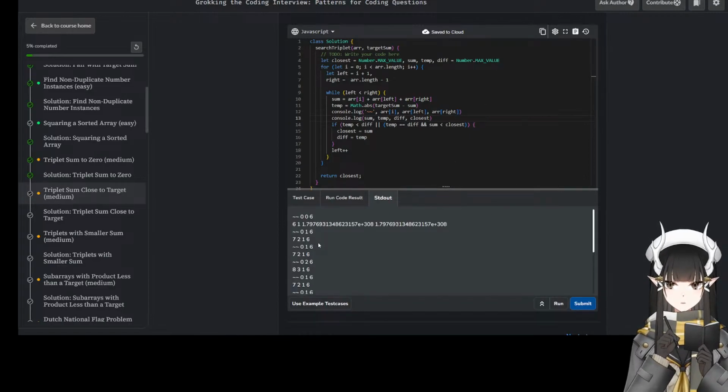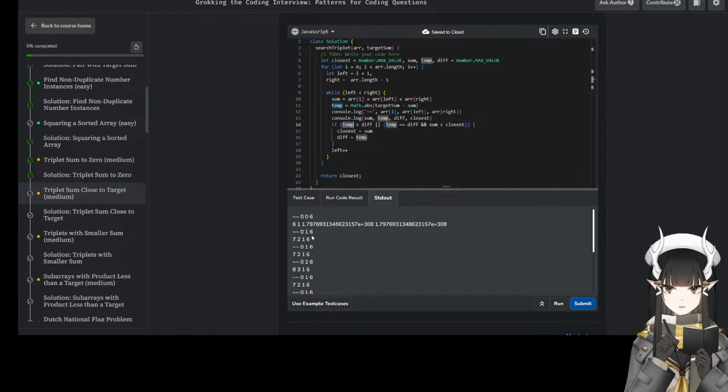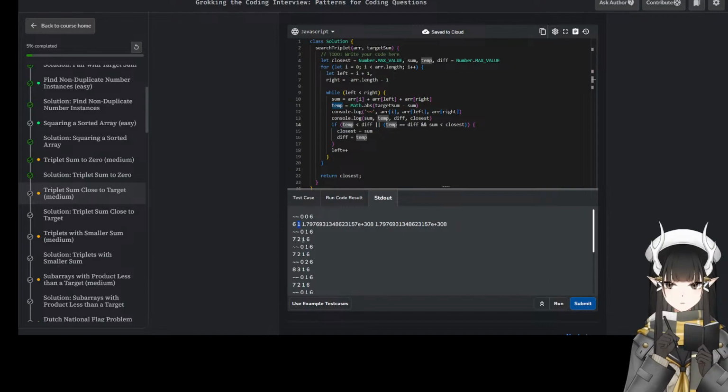Like, and diff. Oh, there's no diff. There's no initial diff. Right, initial diff is a giant number. Doesn't matter, so 10 is always going to be less than the giant number. Right, sum is this compared to this. This must be less than, so update it. This should be this, and this should be this. That's correct. And then the new one is this, and then the difference is this.